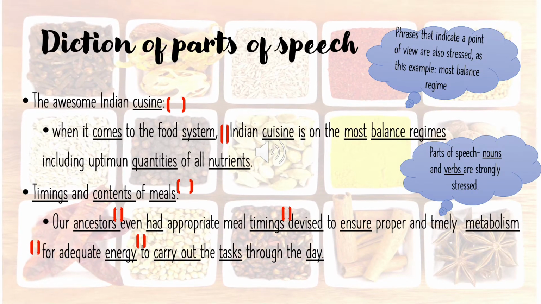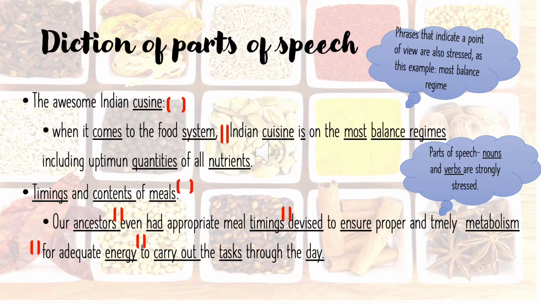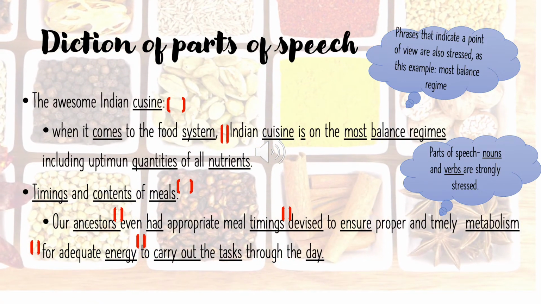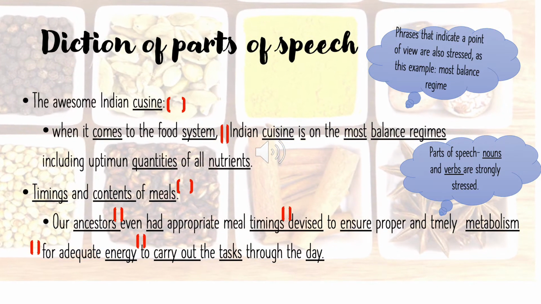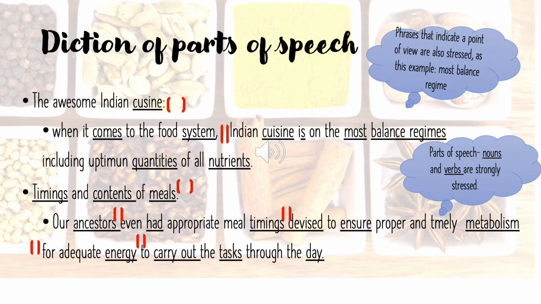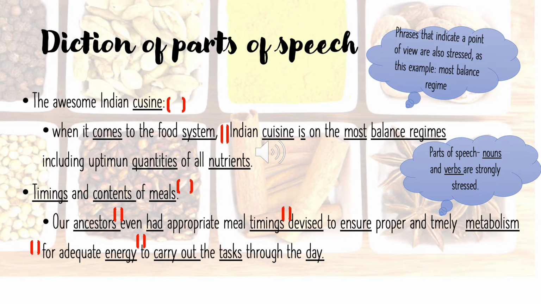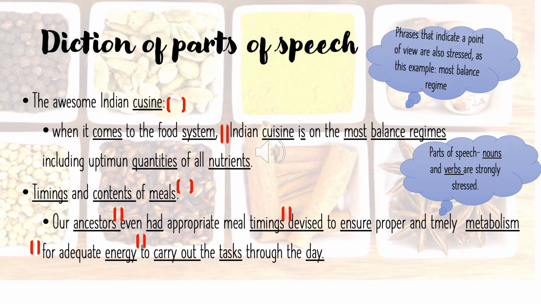Okay, we continue with diction of parts of speech. Remember, parts of speech, nouns, verbs, adverbs. In this case, when speaking or reading, we stress the nouns, which are things, which are people, which are places, and we also stress the actions, the verbs. Okay, that gives a coherence to the ideas, and for us, the learners of the language, makes us understand the whole idea. Okay, all right. So let's check it out. Some examples.